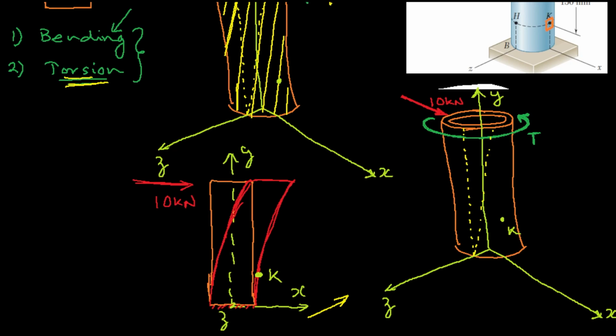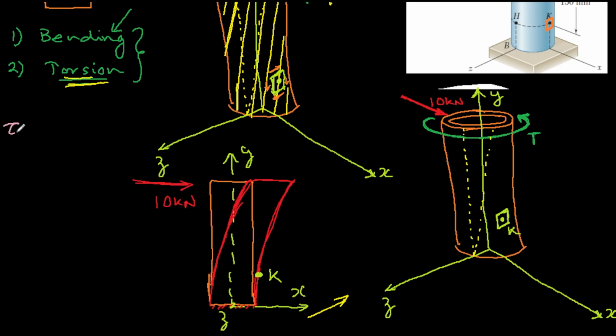Now let's calculate the shear stress which would be developed on this section. If I see this square here, because of the twist, we know that the shear stresses will be developed in this direction, like that. We are trying to evaluate how much that shear stress will be. That shear stress can be evaluated using the formula